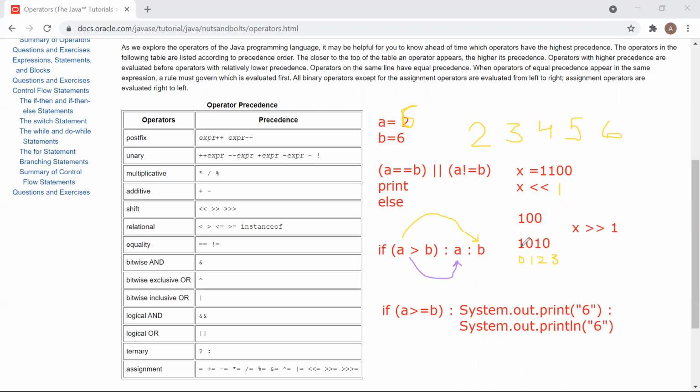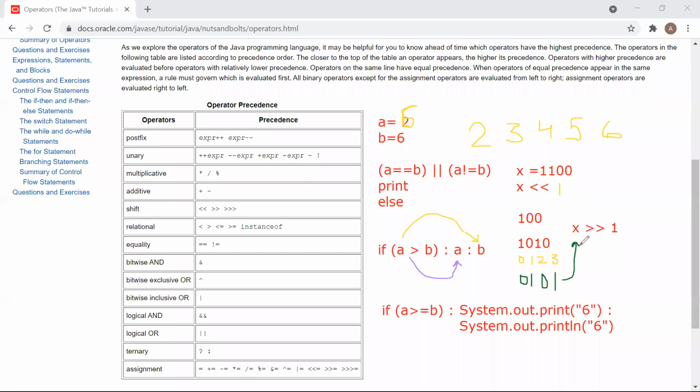Now this 1, which is in the 0 position, you are shifting toward right. So this 1 will come where? This position. This 0 will come where? This position. This 1 will come to the third position. Now you are going to add 0 here. So this will be the result of this.